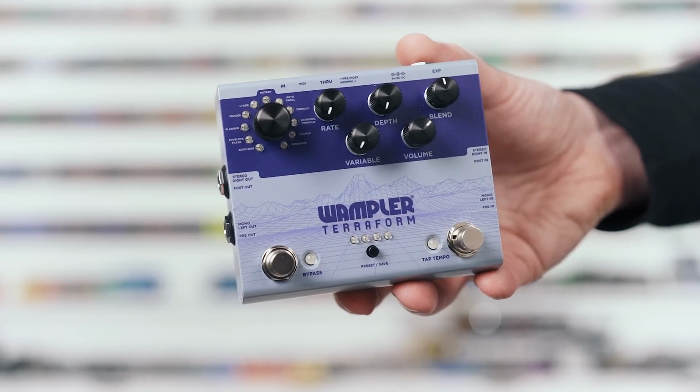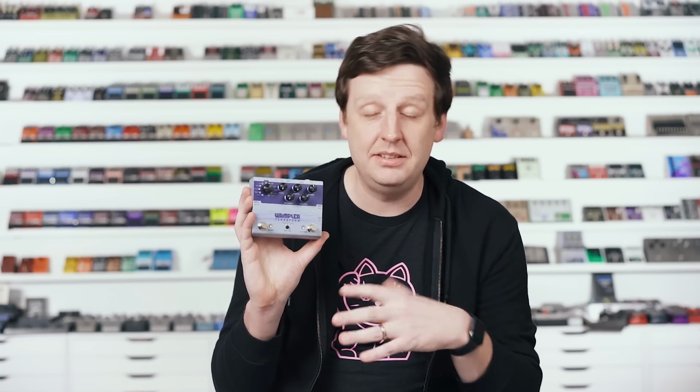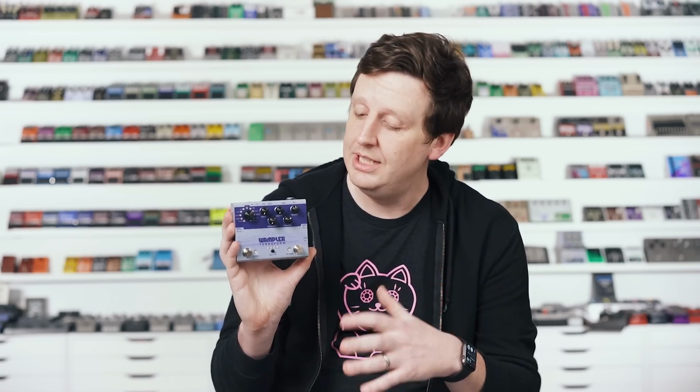First place in the modulation category goes to the Terraform by Wampler Pedals. This came out around November, I think around Thanksgiving. I got it in, opened it up, right out of the box, found amazing sounds. And that is a big statement because I'm usually overwhelmed with pedals that have a lot of settings, MIDI, presets, all that stuff. But this immediately was easy to use for someone who's looking for simple controls, and it does